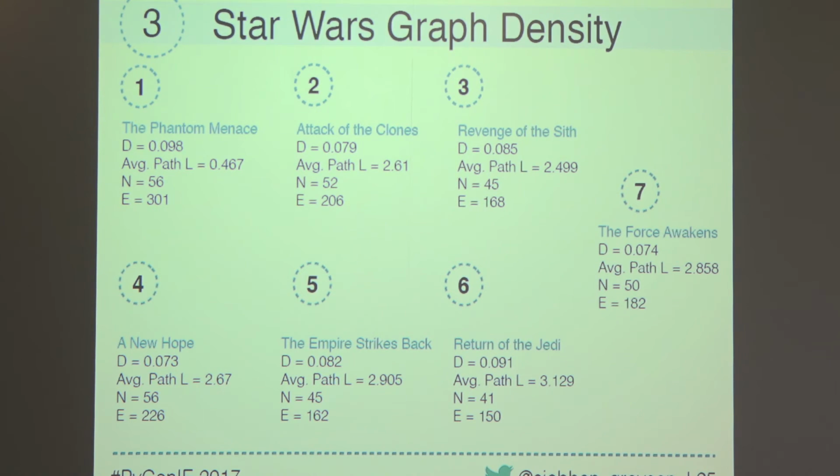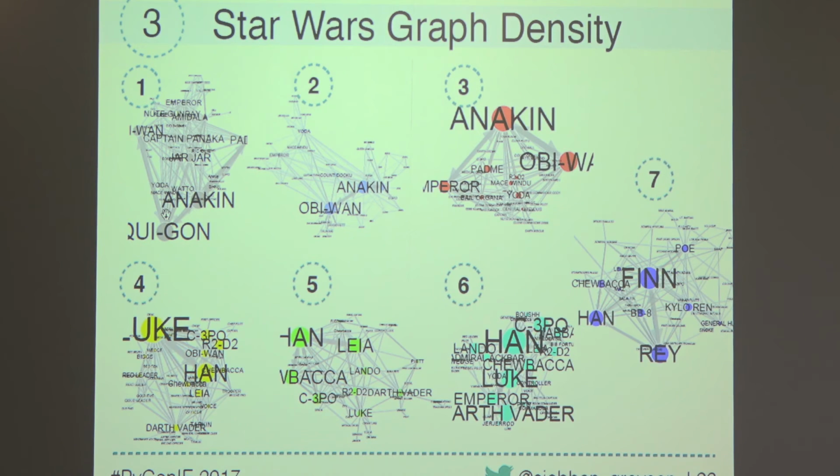it has the highest density, but it's quite a small network as well, but it has a lot of edges. Now, as much as I like Star Wars, I'm not a complete expert. My theory behind this would be that it is quite a centralized story on the kid, on him as a kid. So his social network at that point in time isn't going to be large. He's going to be mostly around the same characters. And you wouldn't really expect a kid to have a massive social network at that point. I think it's interesting to see that reflected in the film itself and how it was written.